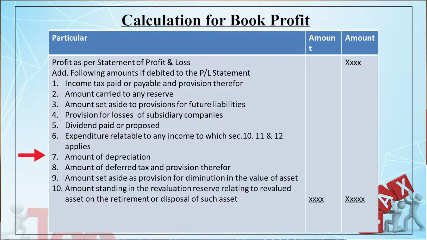Then you have to add the amount of depreciation, we will discuss later on that item, amount of deferred tax and provision therefor, amount set aside as provision for diminution in the value of assets, and lastly you have to add the amount standing in the revaluation reserve relating to revalued asset on the retirement or disposal of such assets. So, you have to add these items which are debited to the profit and loss account or statement of profit